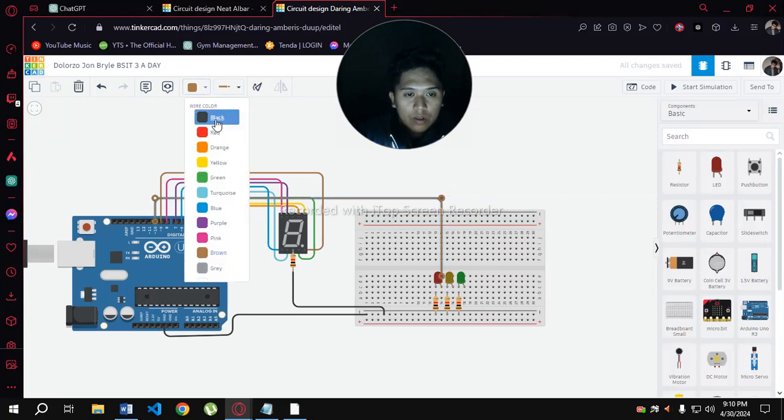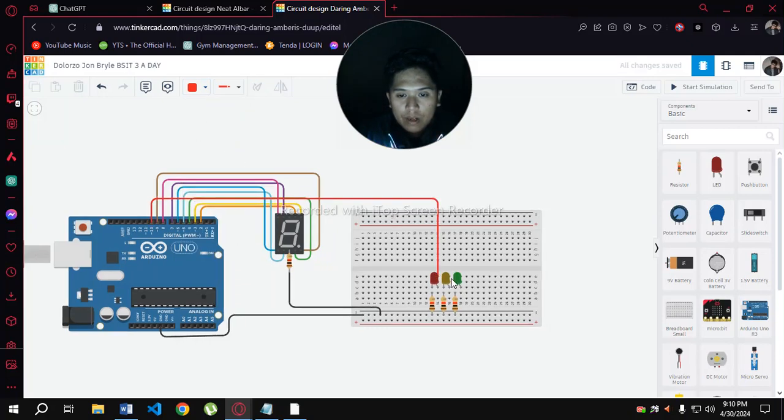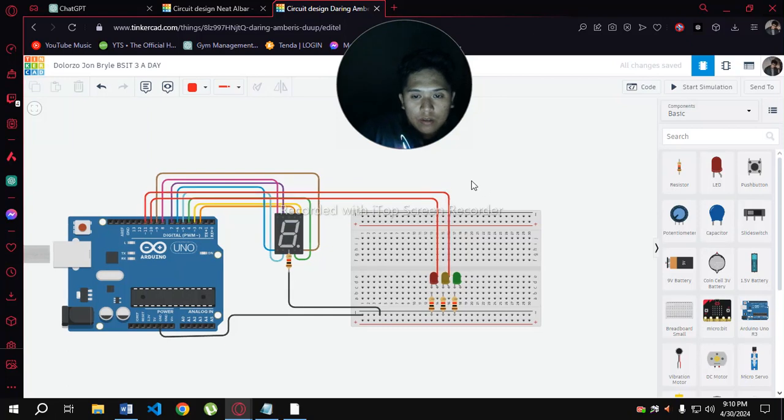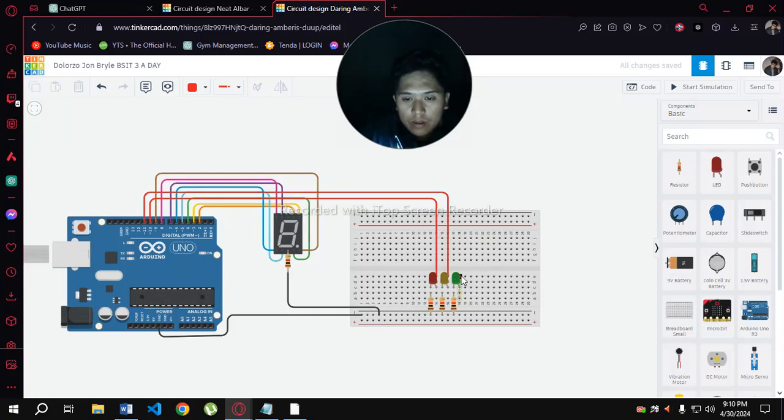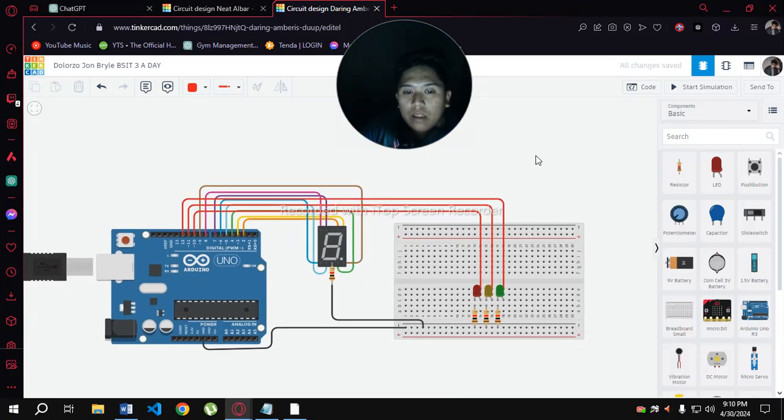We're going to change the color to red. Also with our second LED light, also in red. Last but not the least is our third LED with the connector. I connected to the 12 pin. Okay, I think we are complete.